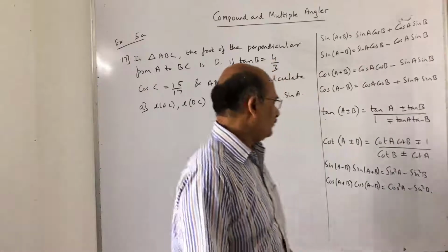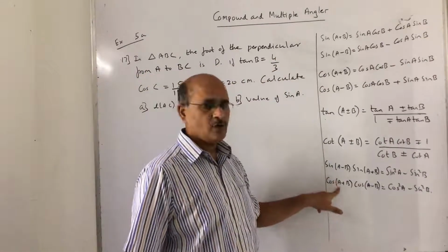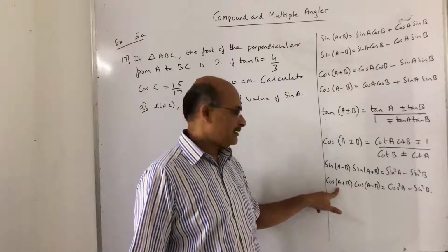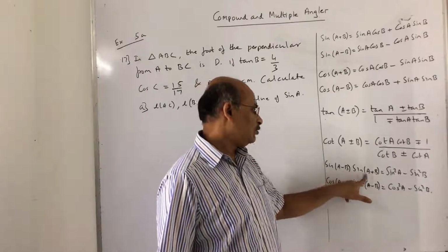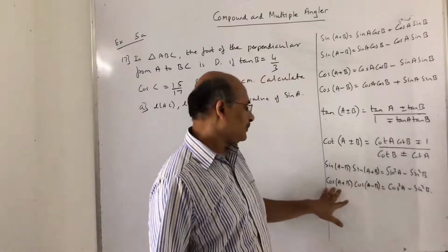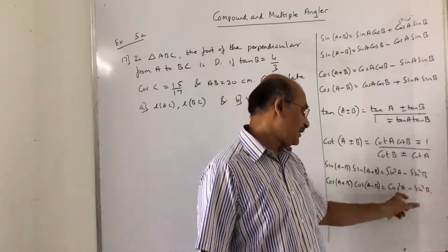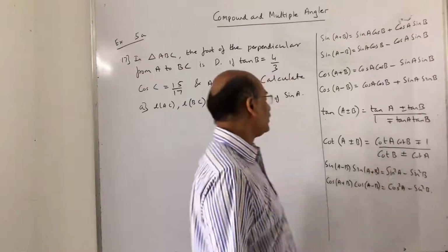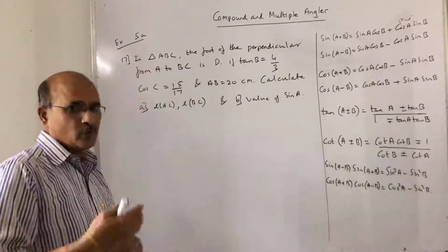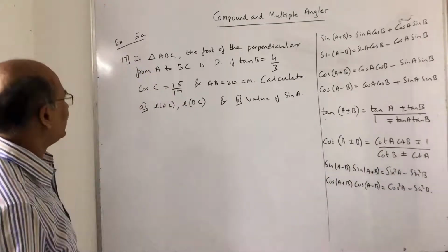Now before I begin, I just wanted to note down these two extra formulas which I mentioned in some cases. Sine of a minus b into sine of a plus b is sine square a minus sine square b. Cos of a plus b into cos of a minus b is cos square a minus sine square b. Please understand the difference between these two and just commit to memory, in some proof we might need in the future exercises. Anyway, coming to the point, let us see the question now.